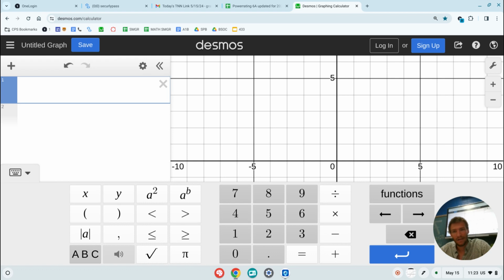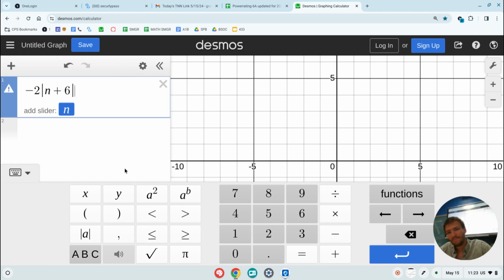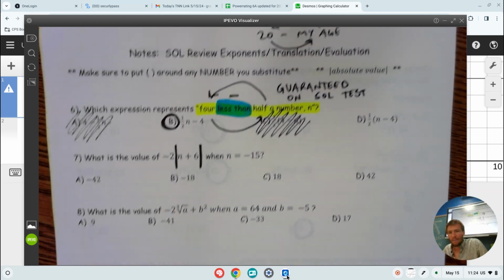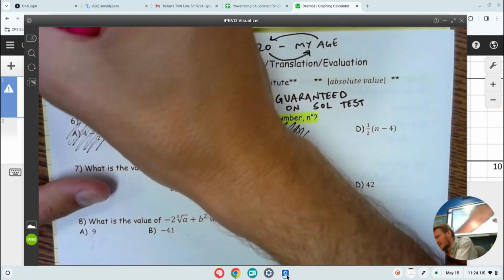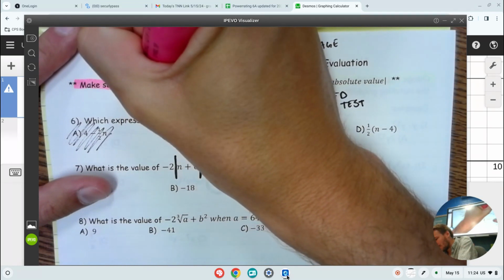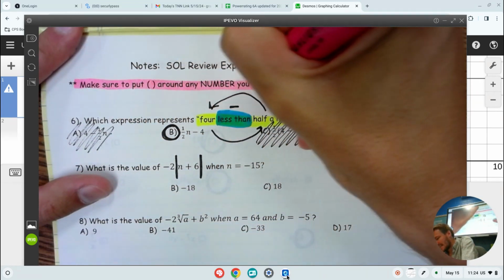So what I want to type is -2. I'm going to press this bar symbol. N plus 6. I'm going to press the bar symbol again. Now, obviously, n doesn't work. We know that Desmos doesn't like n's. But we don't even really want to put an x in there. We want to put that -15 in there. Now, up at the top, you get a little reminder to make sure to put parentheses around any number you